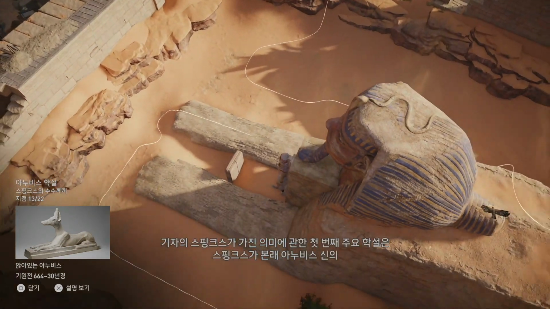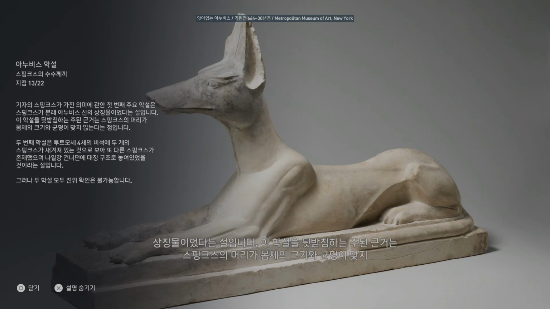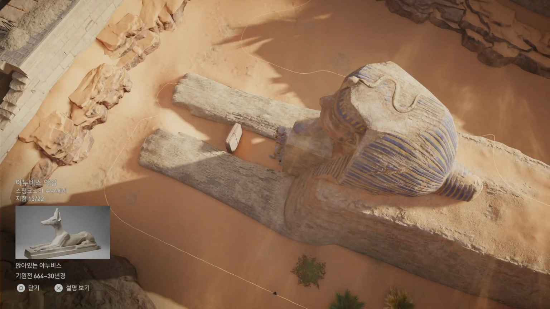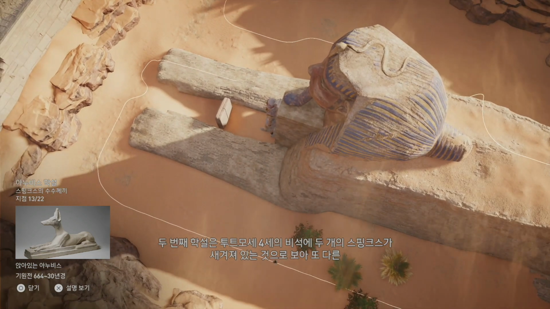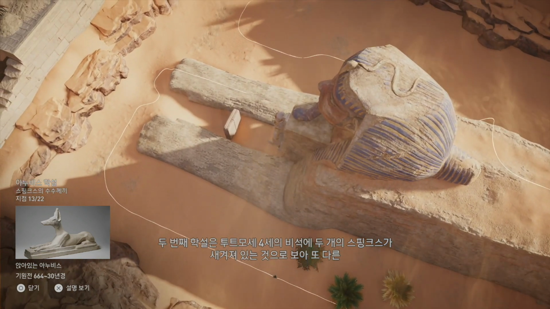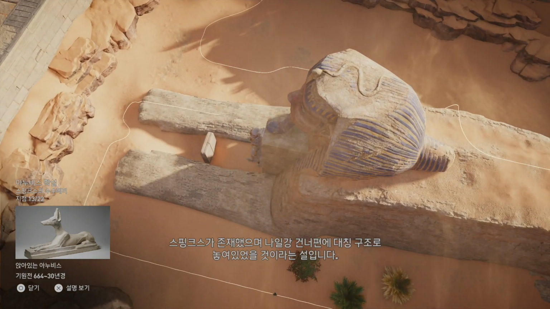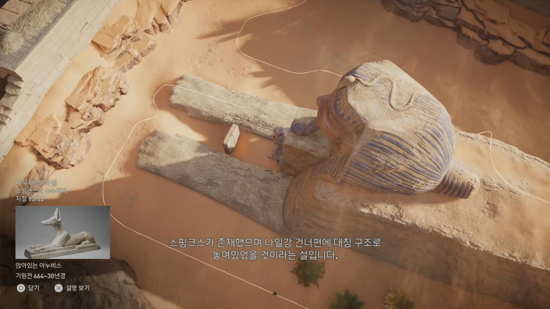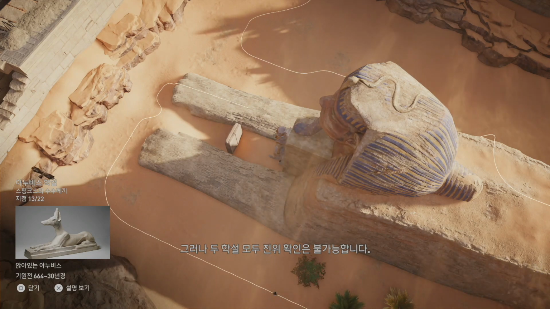The first of the main theories as to the Sphinx of Giza's meaning posits that the Sphinx was originally a massive representation of the god Anubis. Its principal argument is that the head of the Sphinx is disproportionate compared to the size of its body. The second theory believes that the representation of two sphinxes on the stela of Thutmose IV would indicate that another stone sphinx had existed on the site itself, possibly even in paired symmetry on the other side of the Nile. However, neither of these theories can be verified in any way.